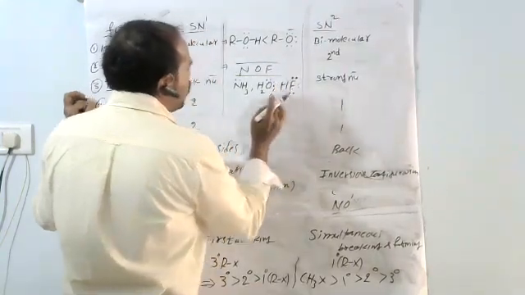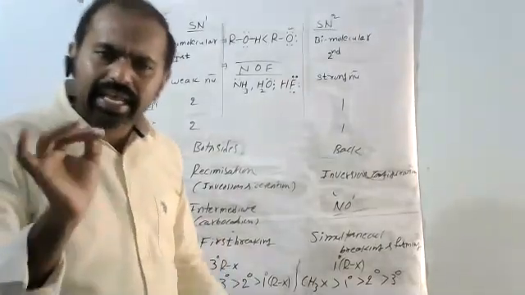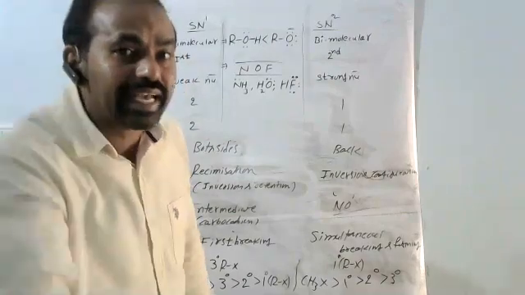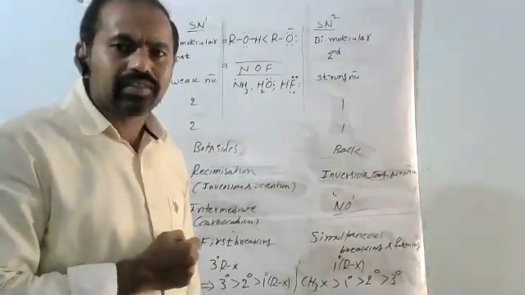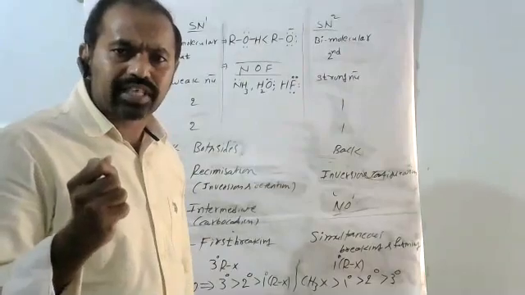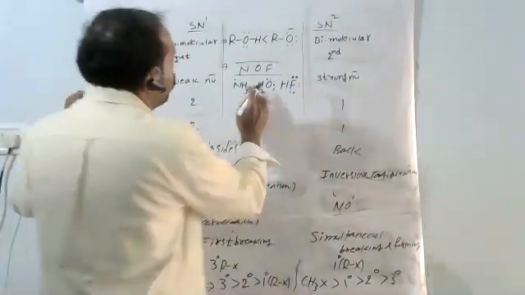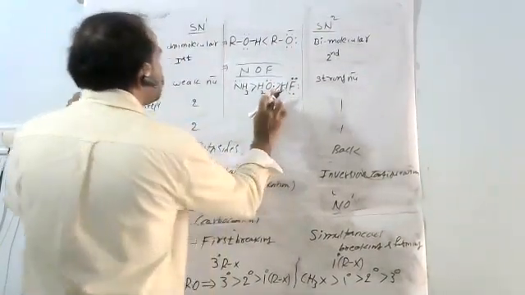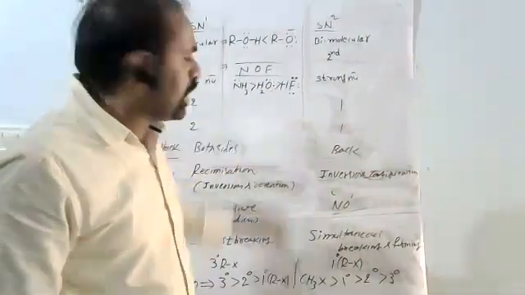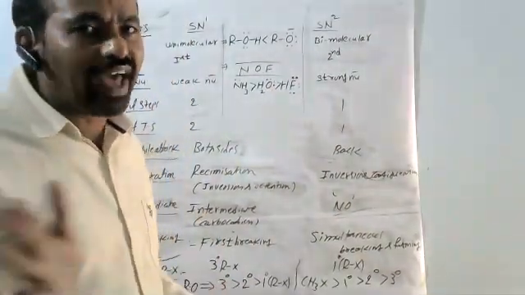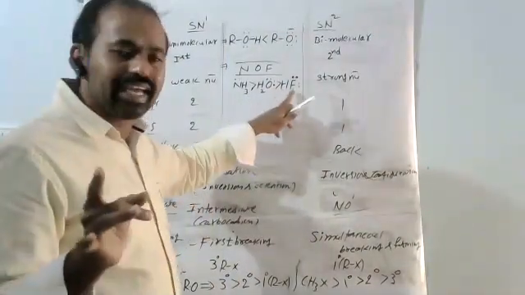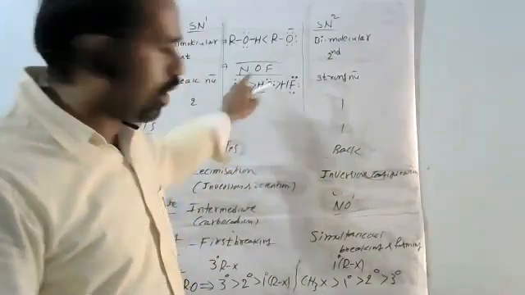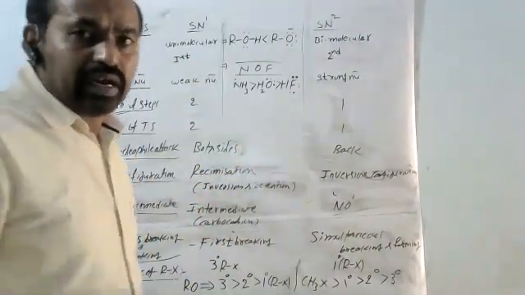Now in a period, from left to right, nucleophilicity strength decreases. What is the meaning of that? Here the strong nucleophile is ammonia. Ammonia is stronger than water. Water is stronger than HF. Period left to right, nucleophilicity strength decreases. All are nucleophiles; which is the strongest? Ammonia. Next.